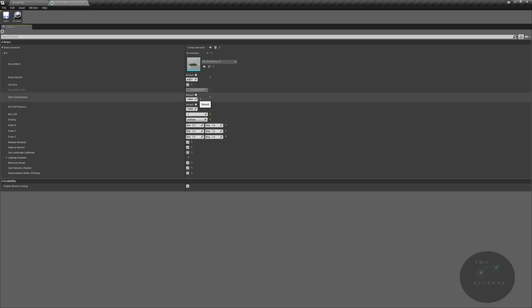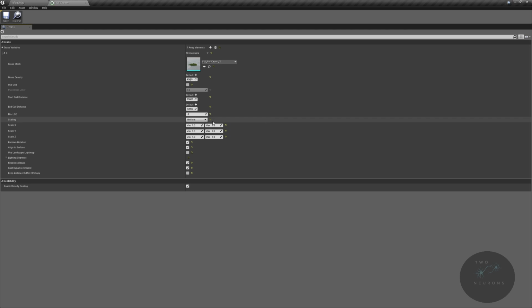off for now. Our cull distance is when it starts culling out of existence. So when we start moving away, when does it start fading from our view? And right now we're going to leave this as is. If we want to change this, we'll change it in a later section because we actually have to update the material for our cull to work. We're also going to leave our min LOD to -1. Now we might get a lighting error. If we do get a lighting error, I'll show you how to resolve that down the road as well in